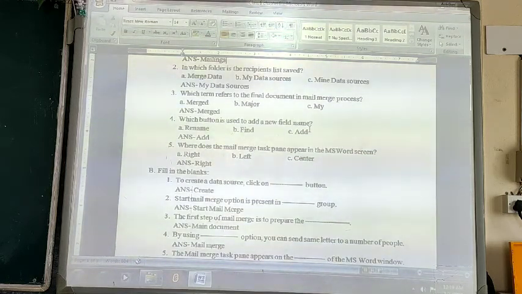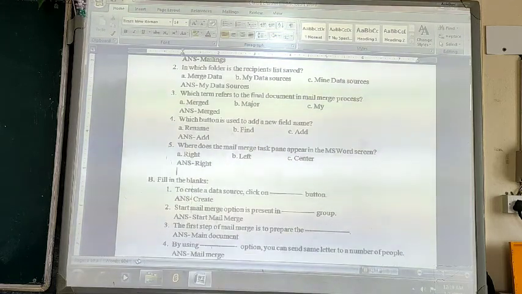Now the fifth one: where does the mail merge task pane appear? The options given to you are right, left, and center.